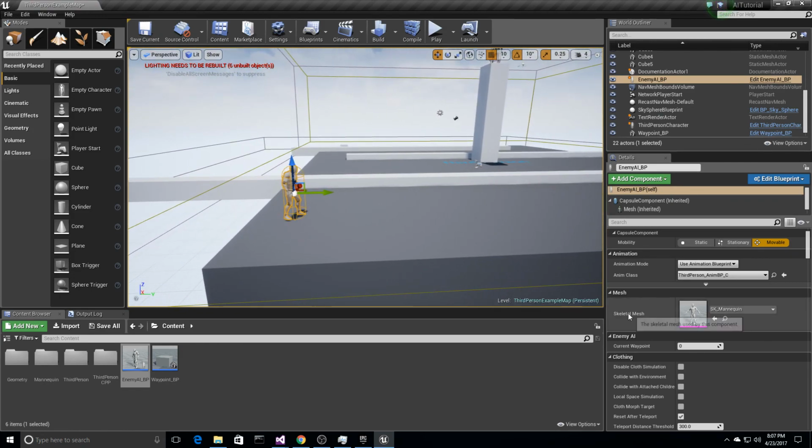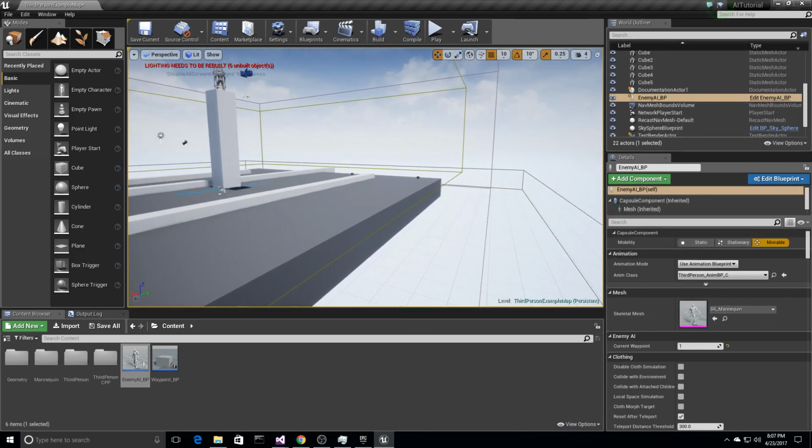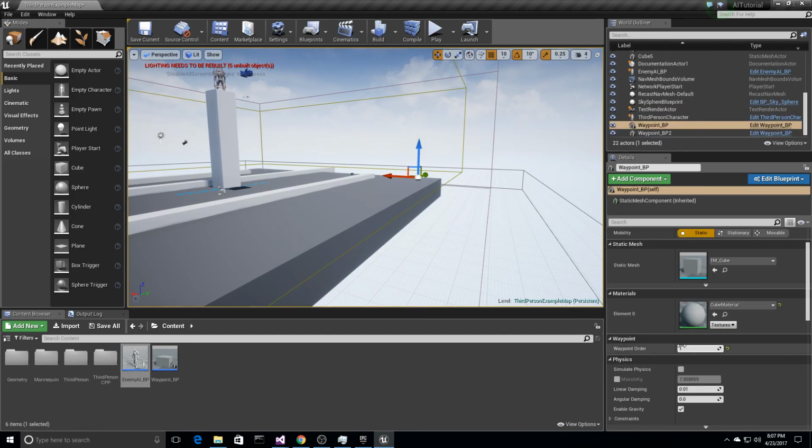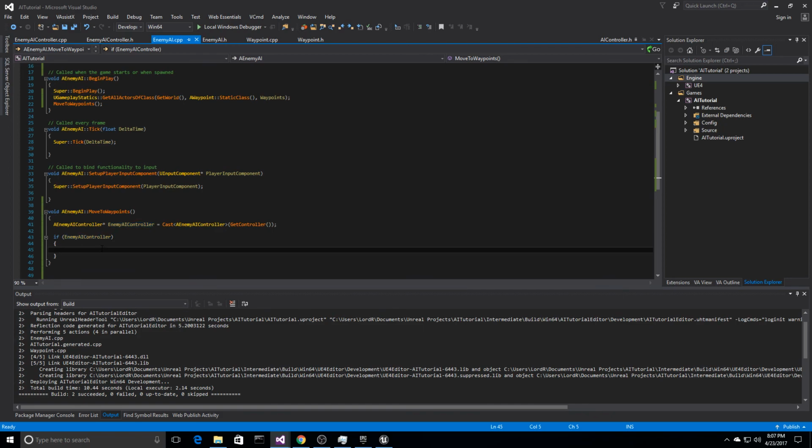and now you can also see that variable we set. So we actually want to set this to 1. So when it starts, he's going to move to waypoint 1. Okay, so let's go back to this. So if the enemy AI controller, if that cast is successful, which it will be now, we want to say